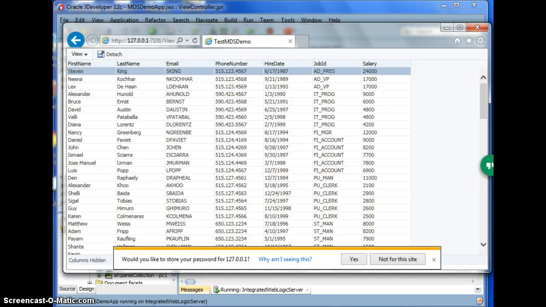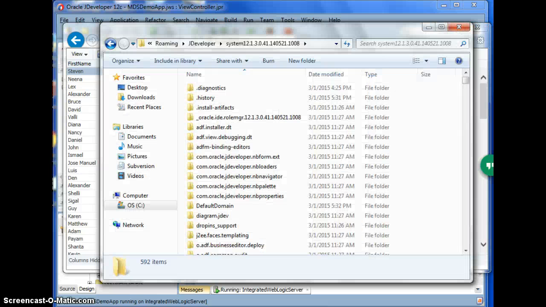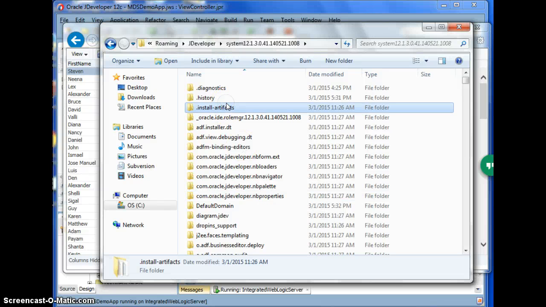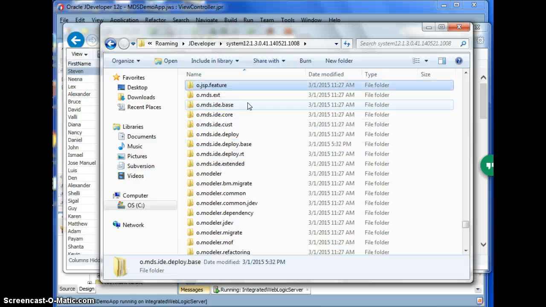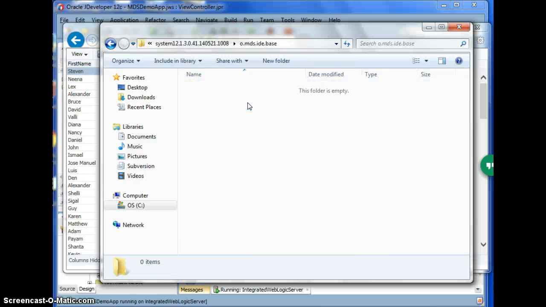And if you want to see, as we discussed, there are two types of MDS repositories. One is the MDS database and one is the file system. In this we didn't mention any repository, so by default it took the file system. So if you go into the default domain of your server, and go to o.mds, so if we go there,